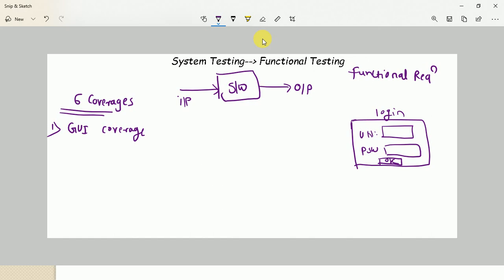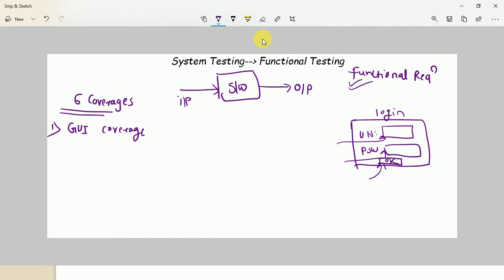What can we test in this coverage? Here, as a tester, our responsibility is to verify and validate each and every graphical user interface control as per the functional requirement.